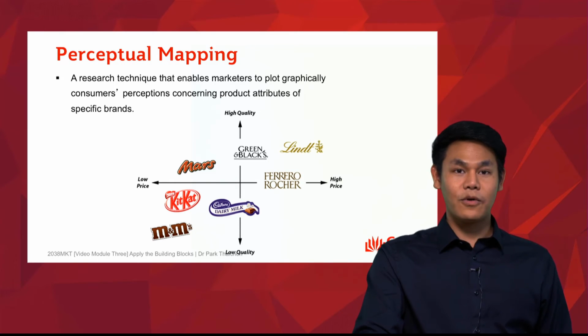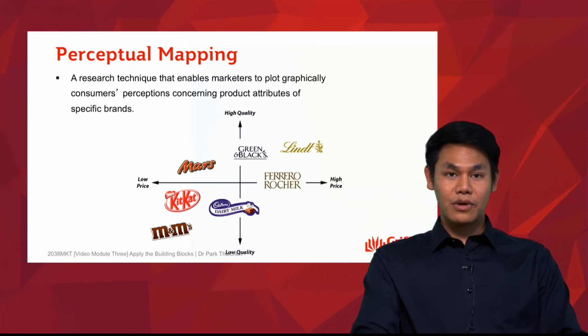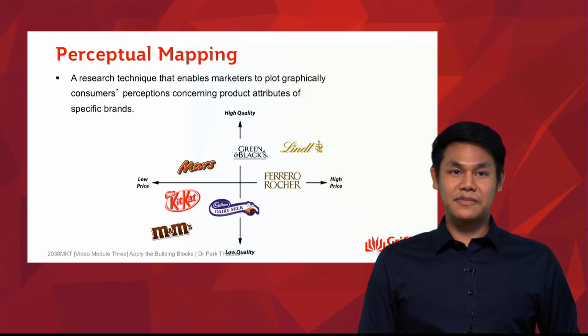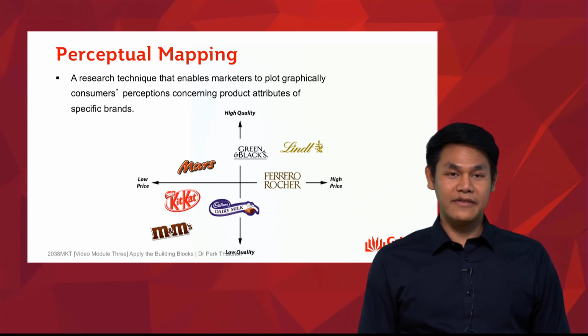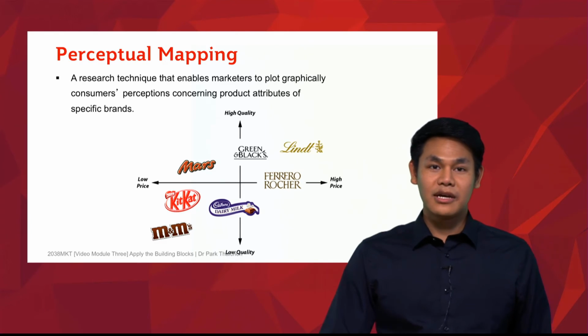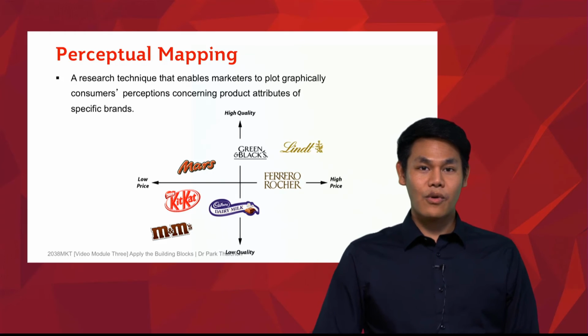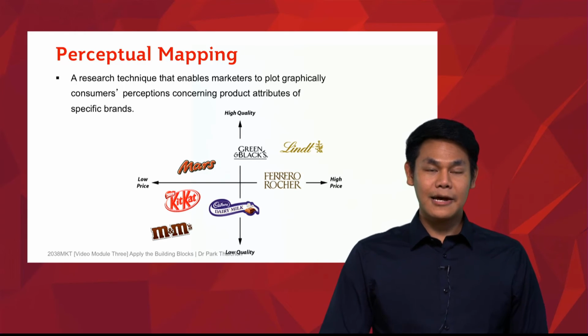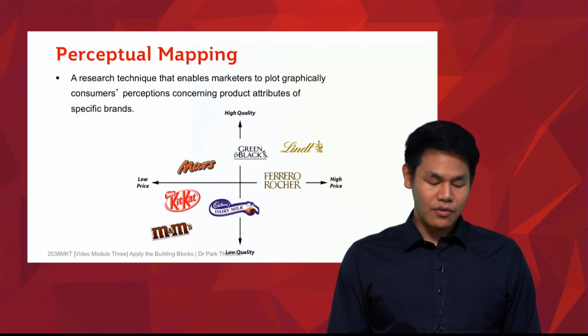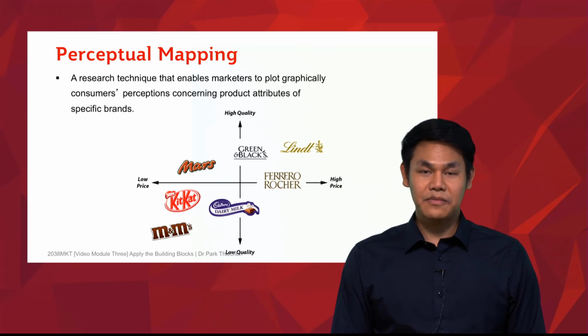This is an example of what a perceptual map looks like. The reason I'm showing you this is because it's linked to the perception section, all right? But I believe you have learned this before. In this graph, you can see the perception between quality and price, all right? Sometimes some people might say quality and price are not good for building a perceptual map, because